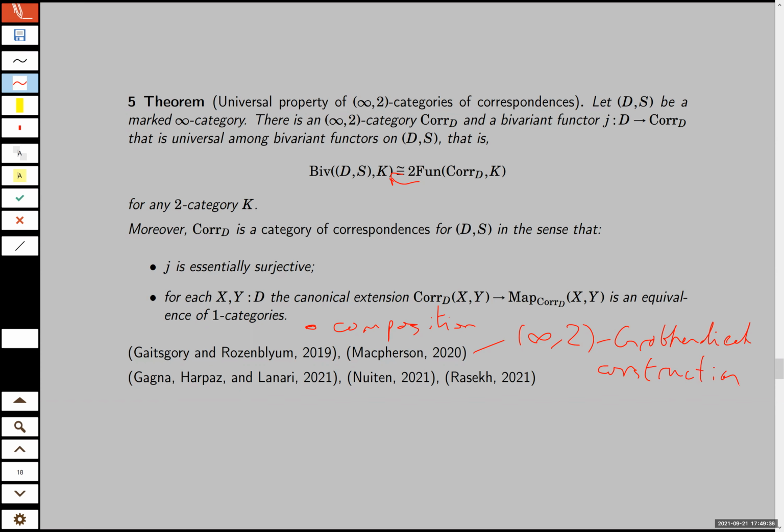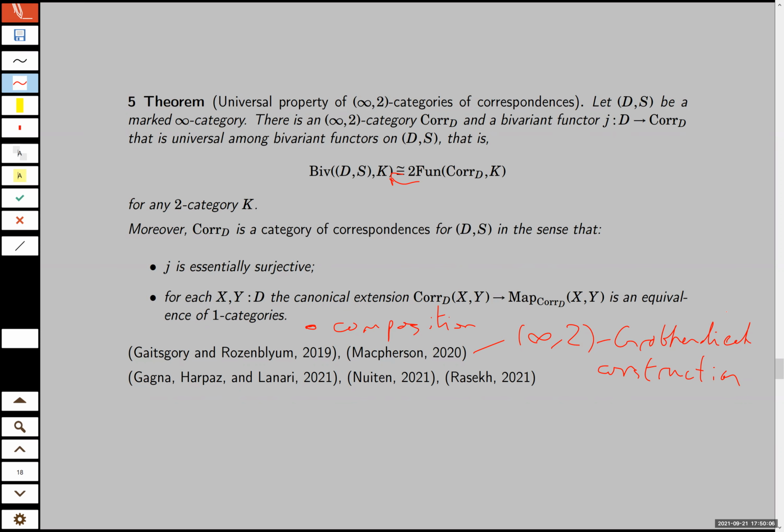But then there seems to have been a lot of progress on this subject this year, and that's what this list of references at the bottom are. So I haven't quite looked into the details yet. There's probably some issue of comparing the exact definitions used in these things. But it looks like this hypothesis is now pretty much resolved. So, subject to dotting i's and crossing t's, this can be considered an unconditional result.